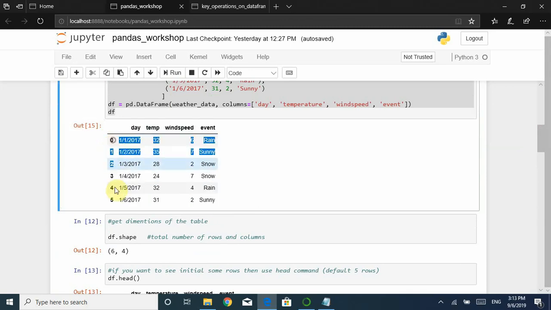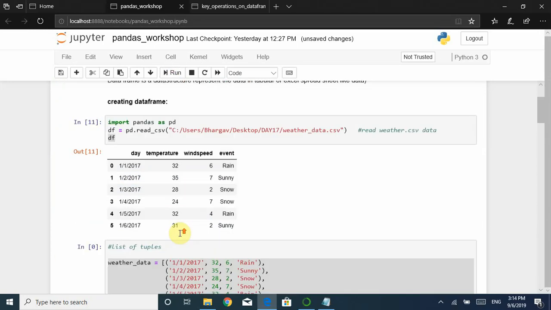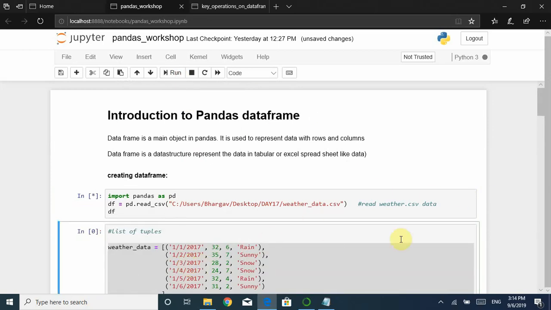The index you will get by default because it is a data frame. Along with the index, whatever you have taken inside it will be printed. Hope you understood, right? Now you can see what df.size is. First I need to read this file. First I have read this. After I read this,